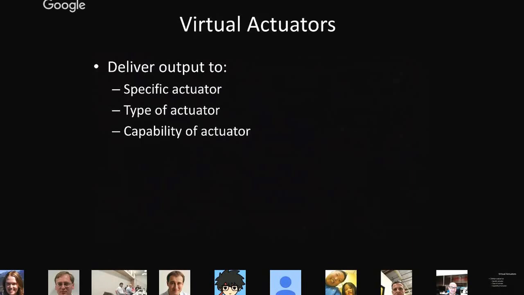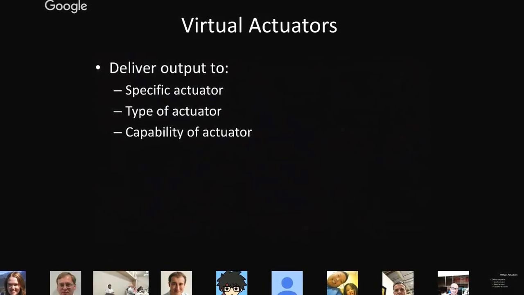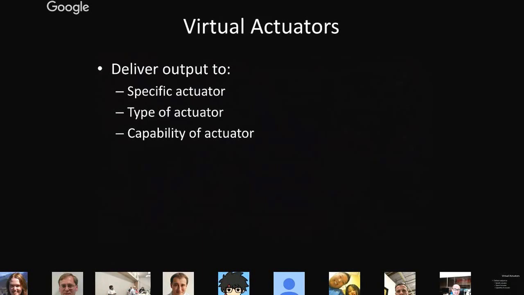Right now, our system is set up to deliver content to a specific actuator. We're trying to expand that out to deliver it to a type of actuator. So I want to talk to a light, but I don't really care which light in this room. There are maybe 20 different actuators in this room that can produce some output, and they might all be different types: a screen versus a speaker versus some kind of haptic or tangible device. Really what I want to do is produce a notification, and I might not even care which. So it allows the rules and heuristics that a user might come up with to be much less brittle.